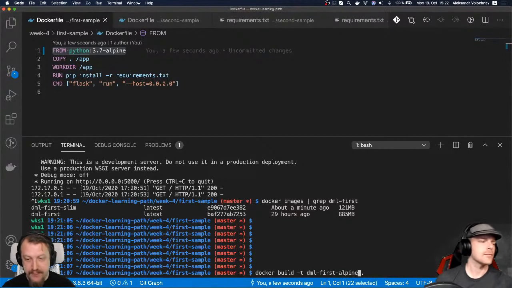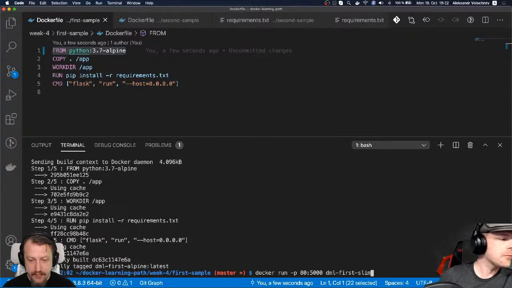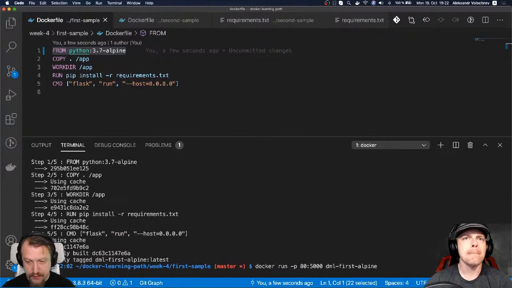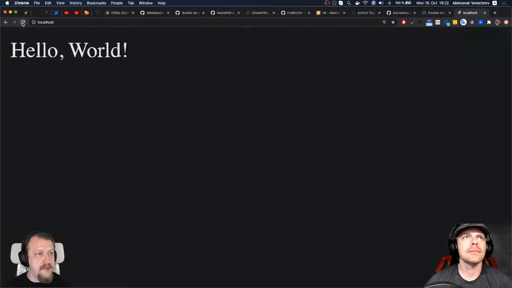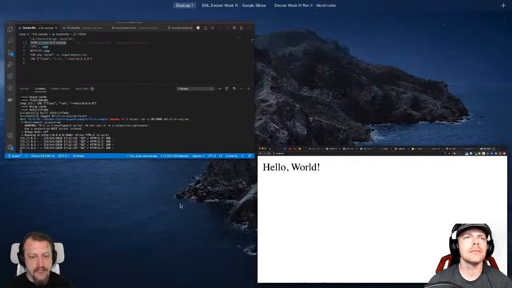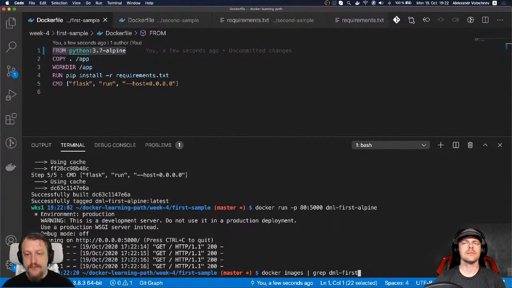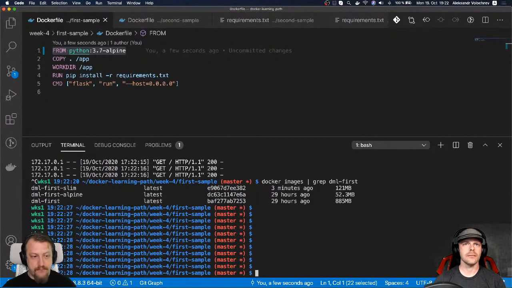And I'm building the Alpine image. It's also done because I prepared that for you, and now we can run that using the Alpine version, and it's going to be running, so I can renew it again, and we are good again. So here are my logs, it's all working. I'm going to stop that, and now let's find the difference. Docker images, grep DML first. And the Alpine version